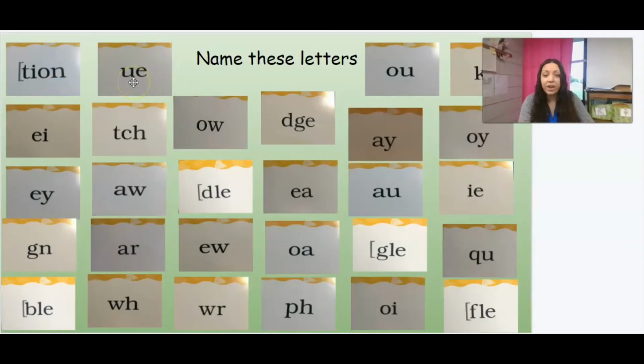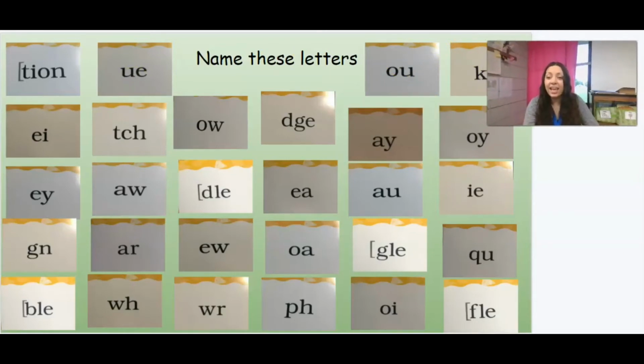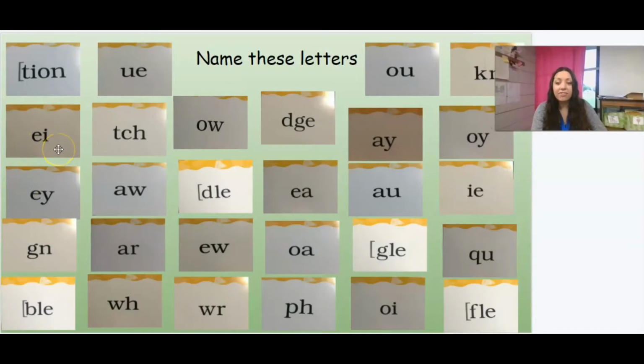Then we have digraph U-E, diphthong O-U, ghost, digraph K-N, digraph E-I, trigraph TCH, digraph or diphthong OW, trigraph DGE, digraph AY, diphthong OY, digraph EY, digraph AW, final syllable DLE, digraph EA, digraph AU, digraph IE, ghost, digraph GN,